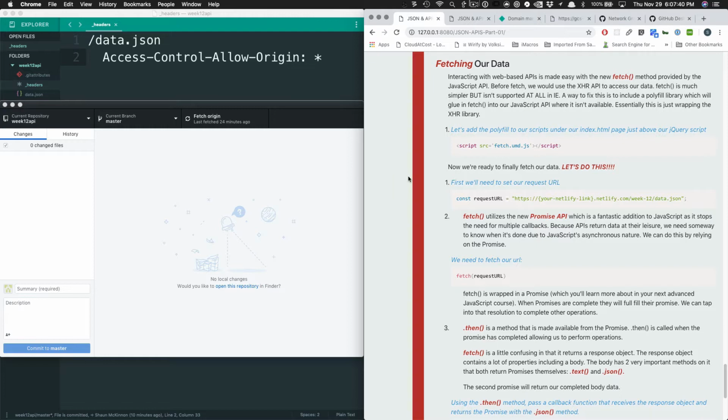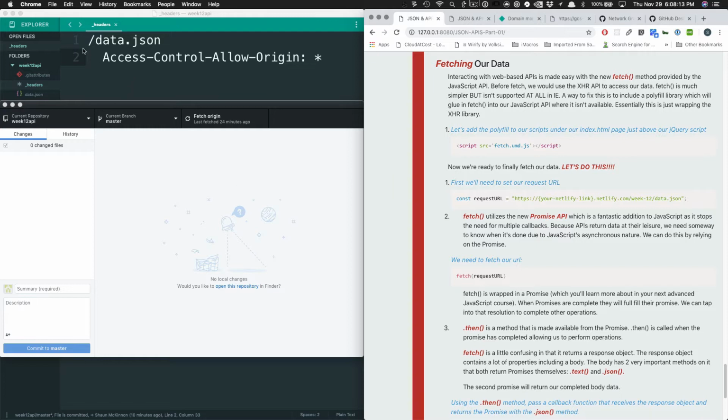Anybody drywalled before? You know what polyfill is? You fill in holes with polyfill, right? This is kind of the same idea. Let's pretend we're using IE10. IE10 has a big gaping hole in it, like somebody punched a hole in the wall. So you come along with your fetch polyfill and you add it into the browser, and now IE has fetch, and you've filled in the hole. So we're going to use something called a polyfill, and I've already included it for you in the lesson